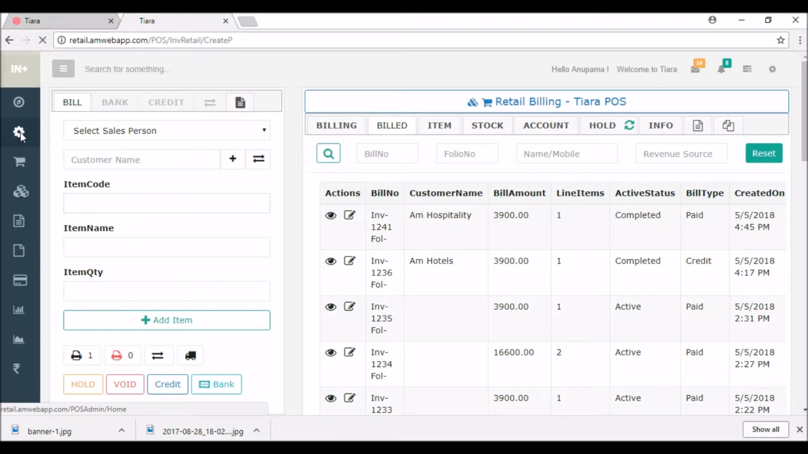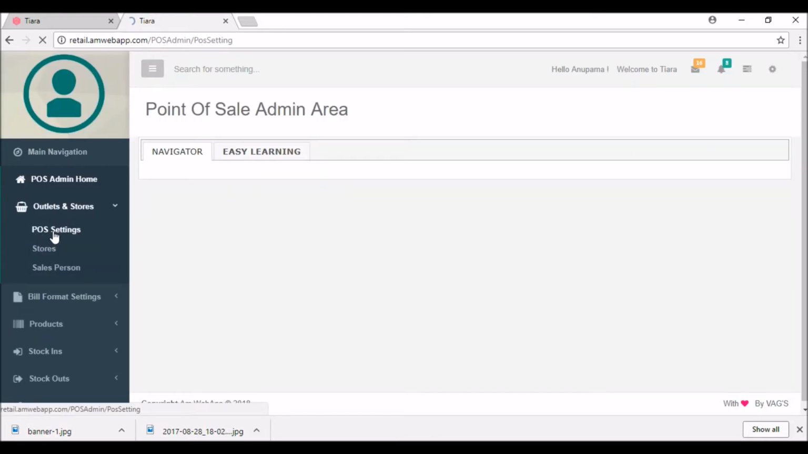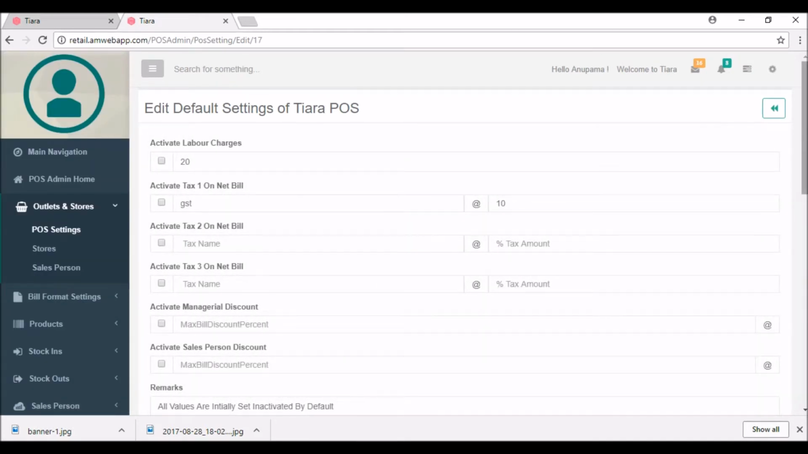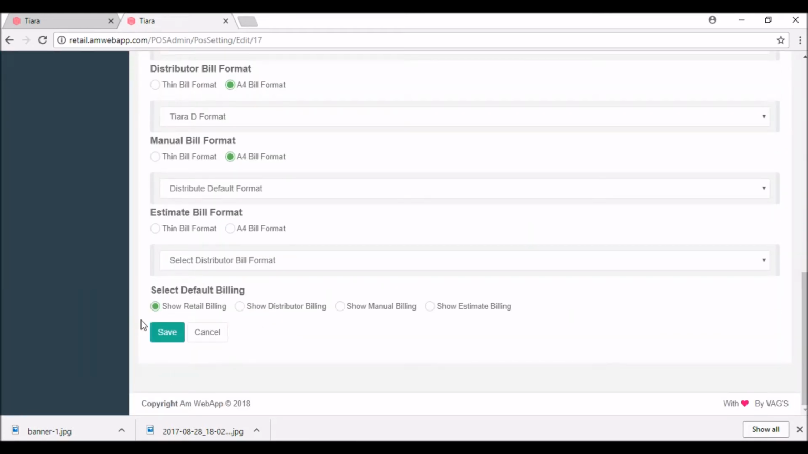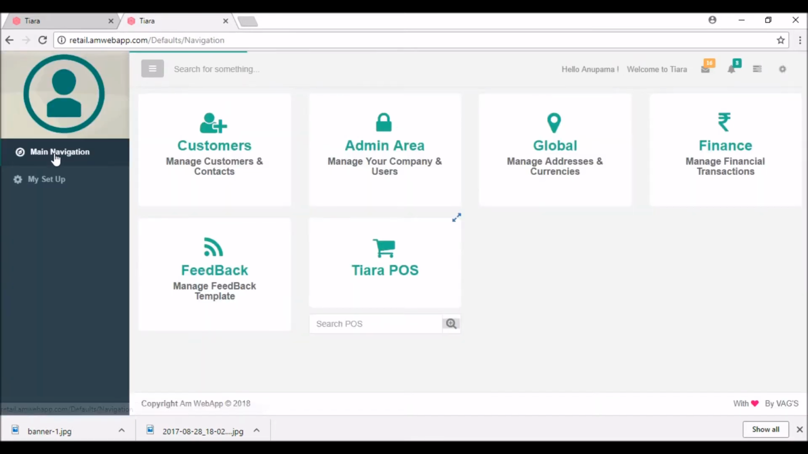So go to the settings and go to the outlets and stores, click on the POS setting. After that, I want to change the default bill in my TRR POS. So click here. You can see select default billing, which is retail billing, but I want to make the default billing distributor billing. So I'm clicking on this, and after that click on save,